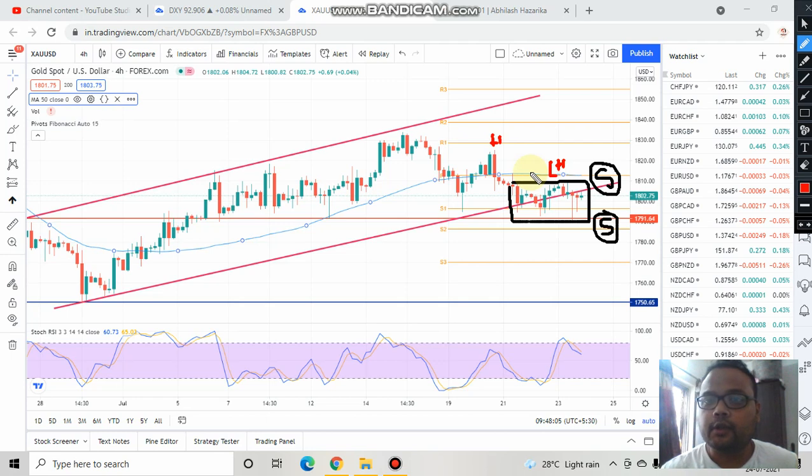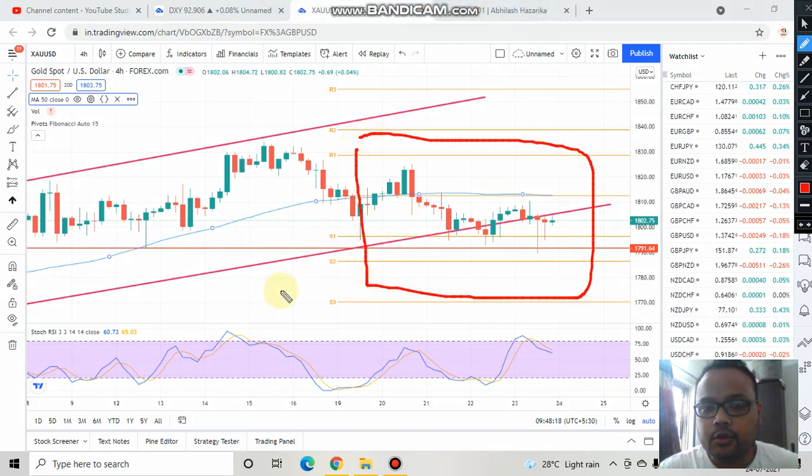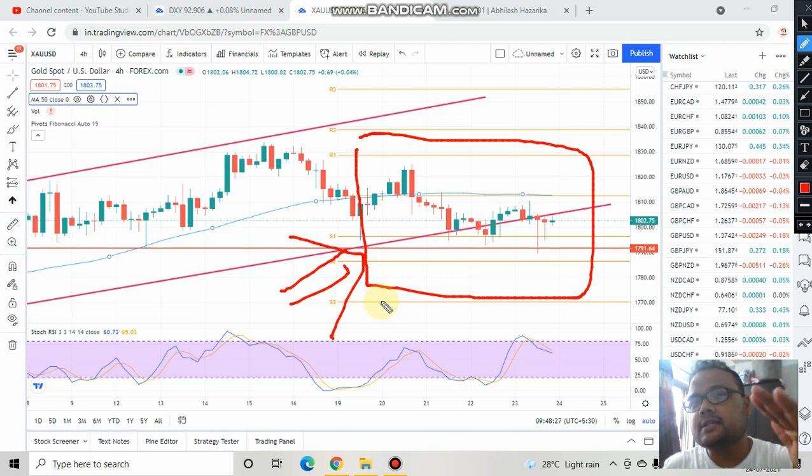Though the market is in an uptrend right now, at this particular portion of the chart here, do you still think that bulls are dominating? No. Right now sellers are influencing the market. The influence of sellers is much more in comparison to the buyers. Market is in uptrend, but sellers are dominating right now. As a result, we are seeing this kind of candlestick pattern.